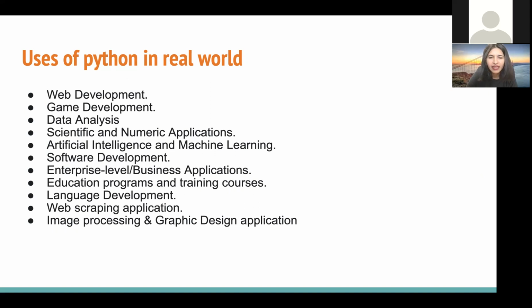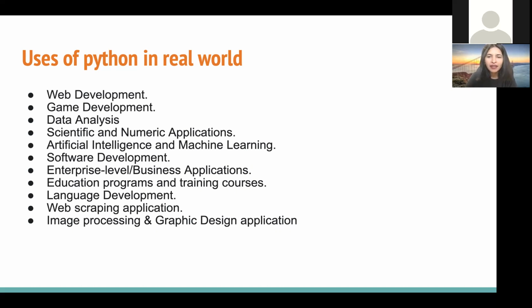For example, in case of React, we can only create a web development application. Or in case of Java, we can create a backend development application, because they are developed with a focus on a particular domain, a backend application or a front end application or a scripting application. But Python is a general purpose language. So using that, we can even create education programs or training programs.